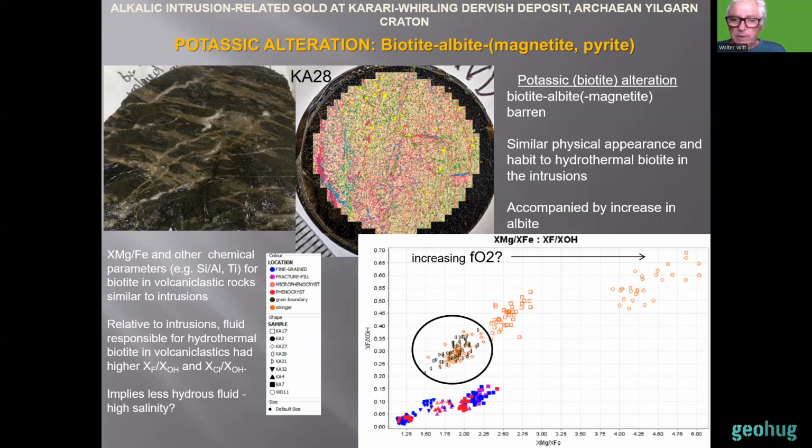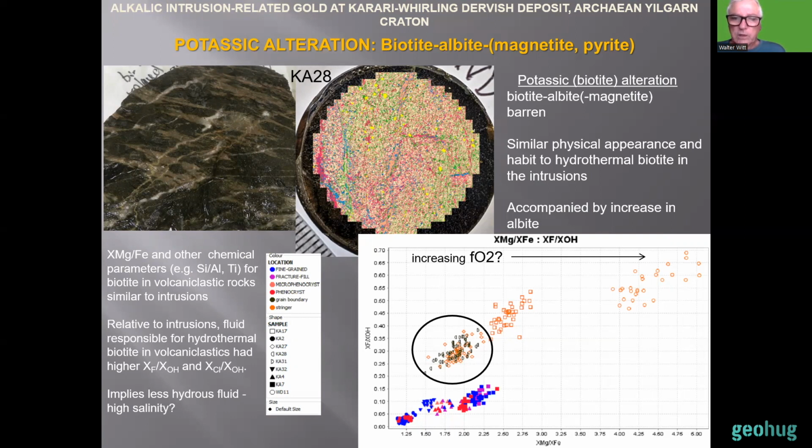They have similar magnesium-iron ratios. They also have similar titanium contents and silicon-aluminium ratios. The only difference between hydrothermal biotite in the intrusions and the volcanoclastic rocks is that the latter contain more fluorine